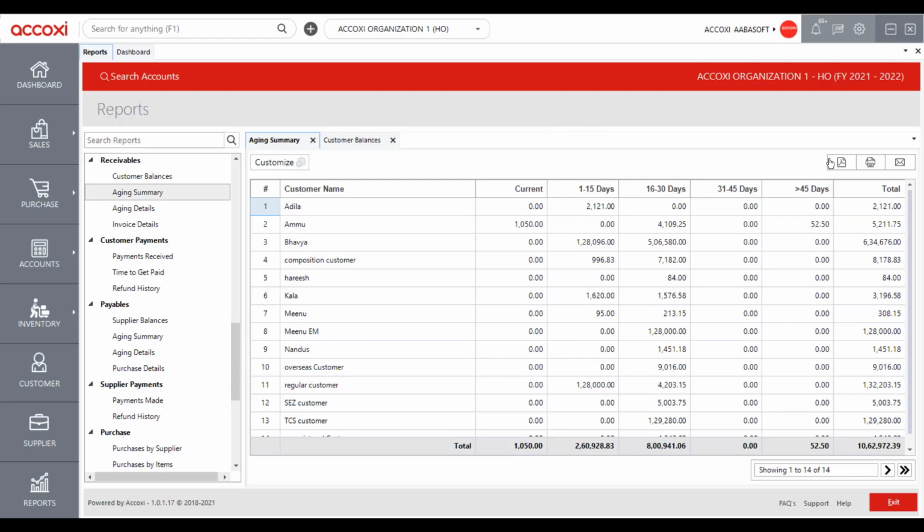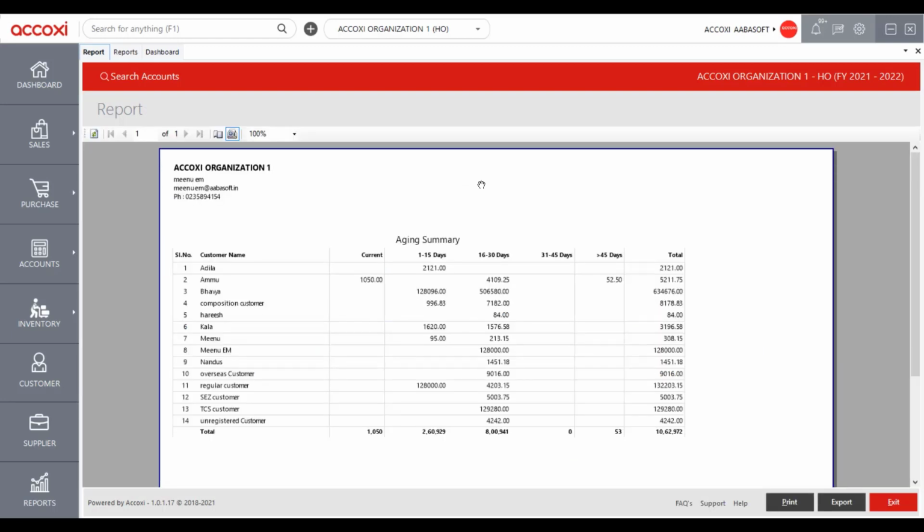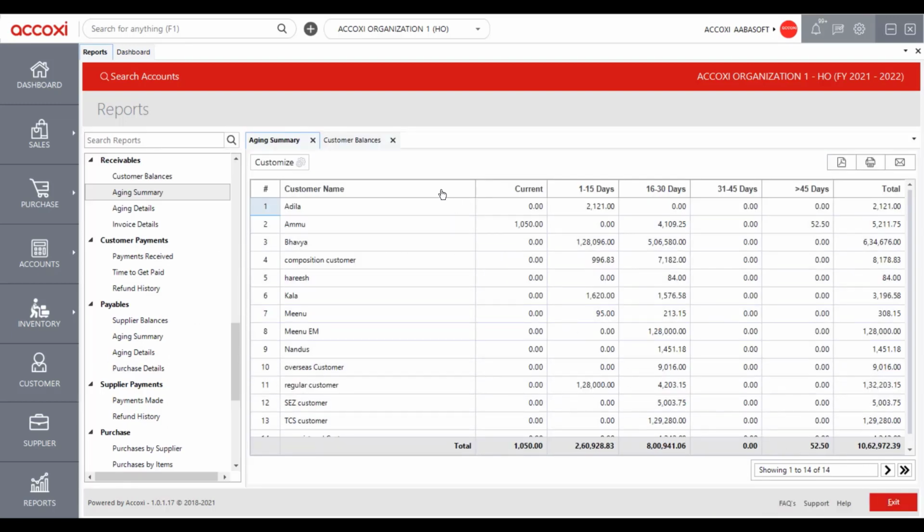On the top right side of the data table, an export option is available. When we click on the export option, the user can export the complete details of aging summary report in your computer system. Next option is the email option. Email option helps the user to send aging summary report as an email. Next one is the print option. Print option enables the user to take a printout of aging summary report. When we click on the print option, it opens to report view form. Here the user can access a complete view of aging summary report. So these are the details available inside a aging summary report.